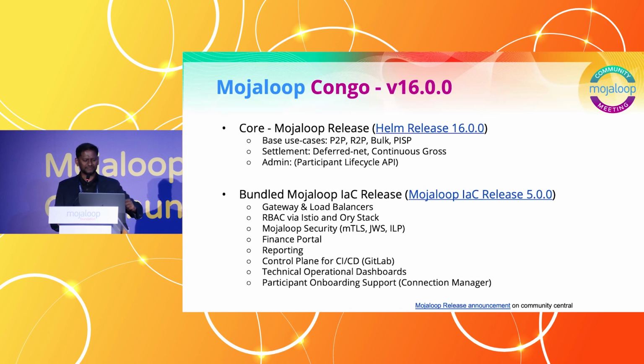But when we look at the platform that comes bundled, there is a reference way we can do that. We use infrastructure as code. If someone wants to do their own deployment without using these scripts, they can come up with it as well, but this can be used as a reference. The key thing to note is that we need a gateway and some kind of load balancers that support ingress and egress functionality. We need role-based access control. Currently that is done using the Ory stack. Security should be supported: mutual TLS, JWS, the Interledger protocol, and the components that are needed for that, like vaults and